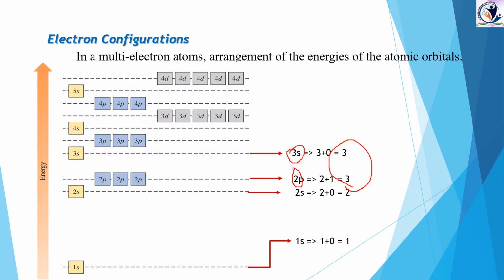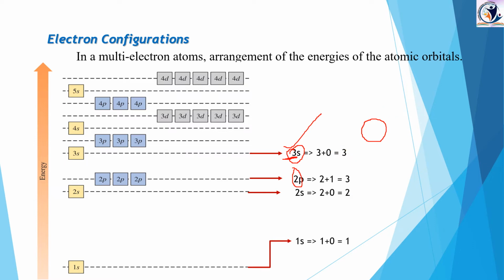So now which has the greatest energy? This one has the greatest energy because its n value is 3, while here the n value is only 2. Of course, these two have equal energy, but the orbital with the greater size has slightly greater energy, because this is the second shell and this is the third shell, right? The 1s orbital has the smaller size, 2s has the bigger size, like that. In the same way. Got it, children?